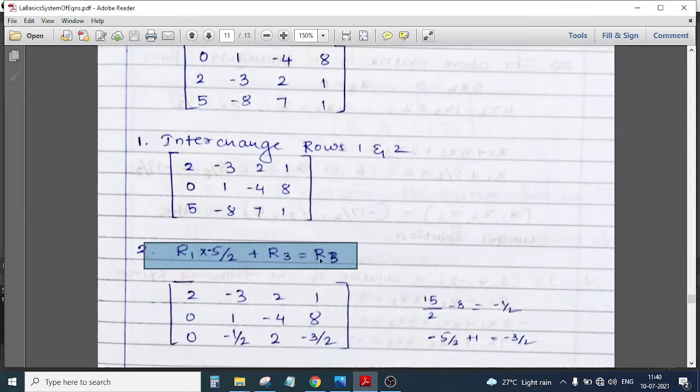So first thing is what now? We will try to eliminate this x1, so that we'll move ahead to eliminate your x2, and finally we'll be getting the value of x3. Okay. So let us try to eliminate this x1 of your equation number 3. You can eliminate the x1 of equation 1, your choice, it is left to you, or you can go ahead with the same procedure which I am doing here.